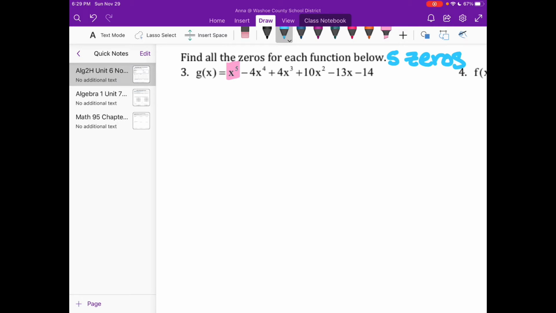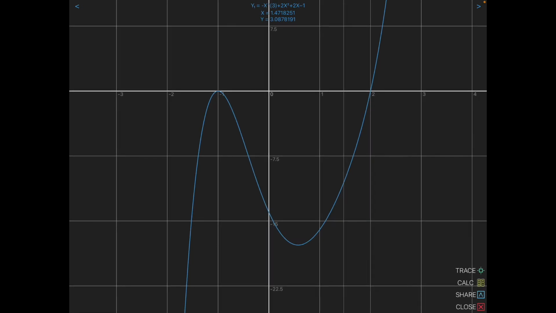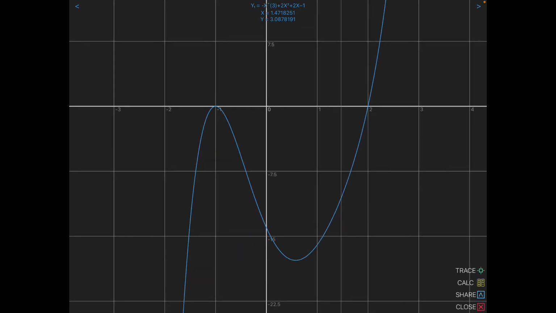They might be real, they might be imaginary, I don't know. Because I don't know what that looks like, and I don't even want to find the zeros by hand, I'm going to get the zeros from a calculator. So right now, I'm going to put this whole function in my calculator. Okay, so here's my graph right now. I graphed it in my graphing calculator, and I have a couple zeros that I can for sure see. My screen doesn't really let me draw on this, this is kind of a ghetto graphing calculator, but I for sure have zeros at